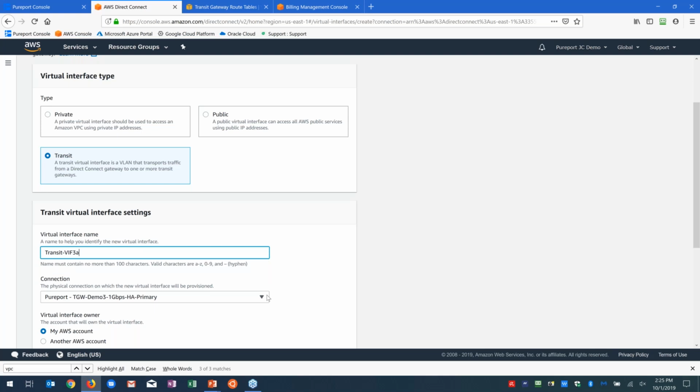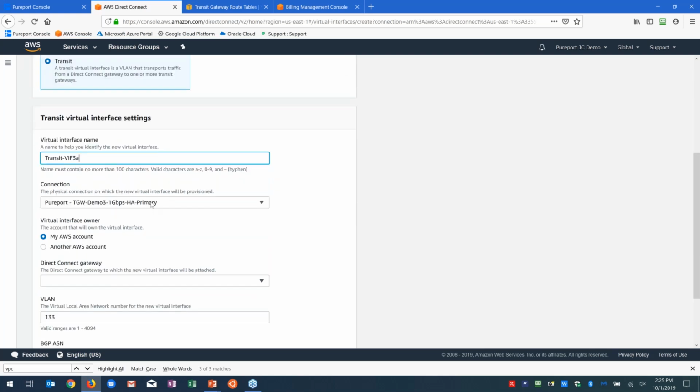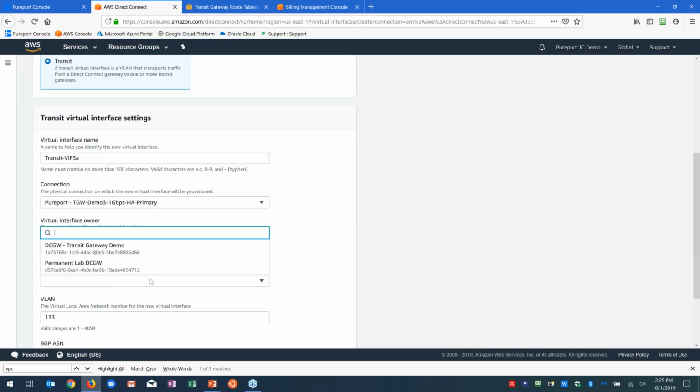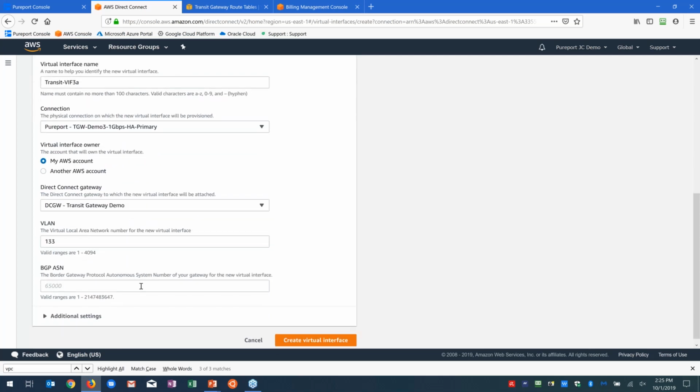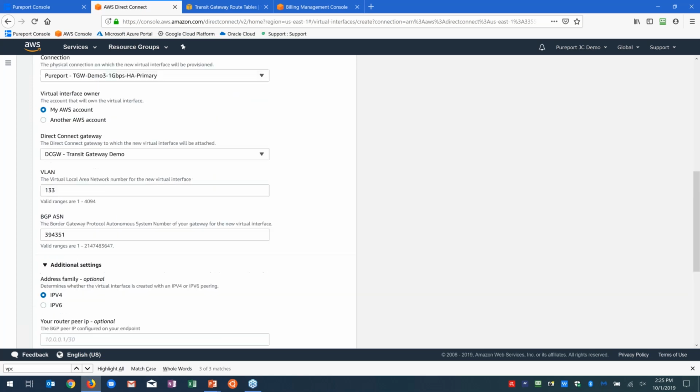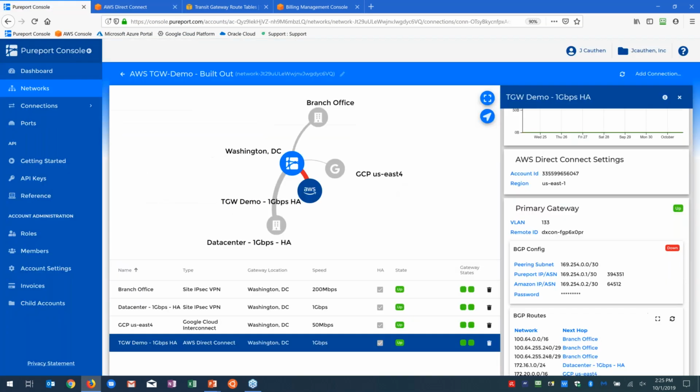So we'll give this guy a quick name. You can see that it's already selected that connection that I selected earlier. I'm going to select which one of my Direct Connect gateways I want to connect to. You can see I've got one built out there specifically for connections to Transit Gateway. We'll populate that ASN that I had already copied to the clipboard, and I'm just going to finish out here